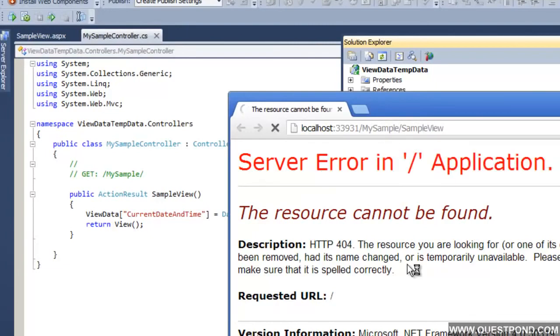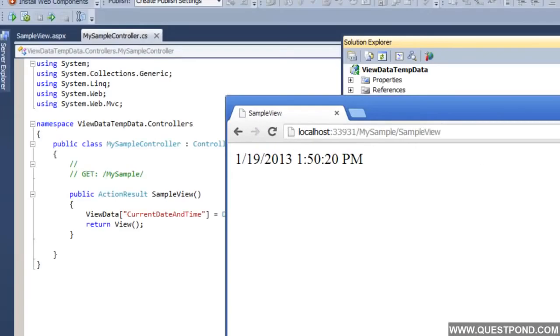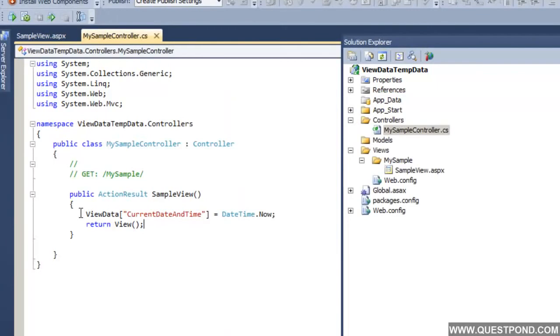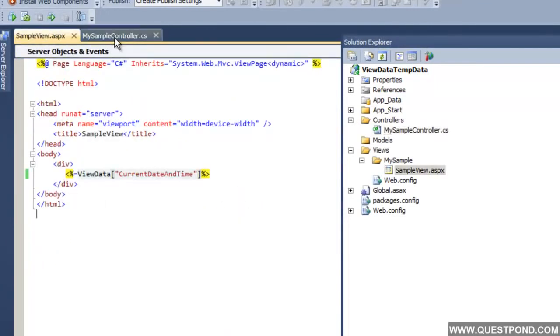If I press enter over here, I should see the current date and time. Still running. There it is. You can see now the current date and time is seen on the view. If I refresh it, I see the recent time. That means whatever data we are setting here in this view data is actually getting displayed onto this view here.